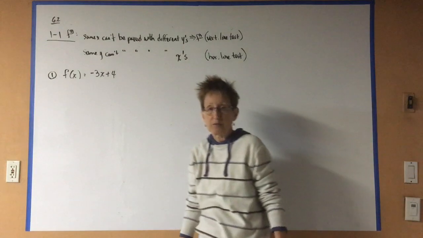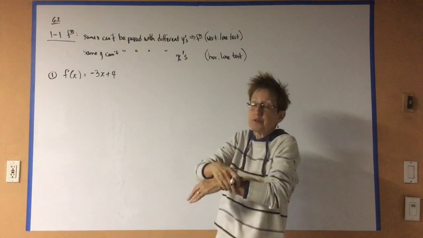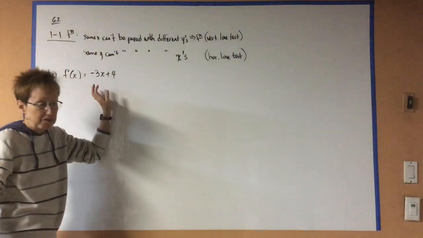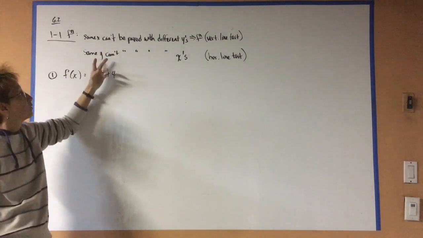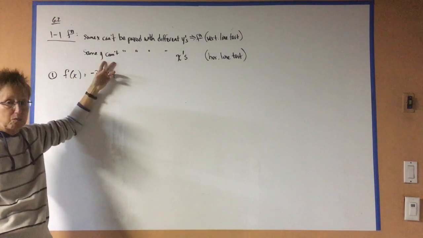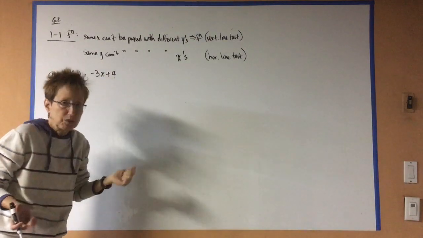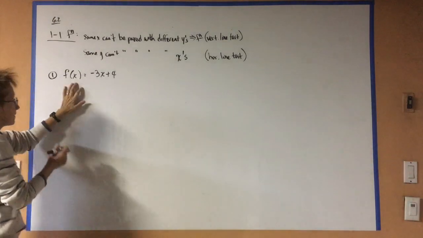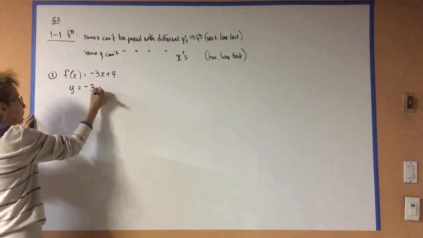Clearly, to be one-to-one, we have to have that idea: same x can't be paired with different y's. But that's not enough to be one-to-one. It has to go in the other direction as well. So the first thing I'm going to do is show algebraically that this is a function, this idea, same x can't be paired with different y's. And then I'm going to try and show this idea where the same y can't be paired with different x's. And then I'll conclude, hopefully, that it's one-to-one, or I'll say that it's not because it fails one of those. So actually, the first thing I'm going to do is write this as y equals negative 3x plus 4,